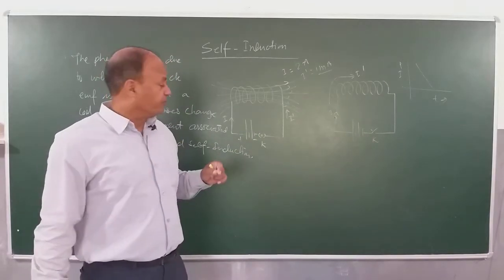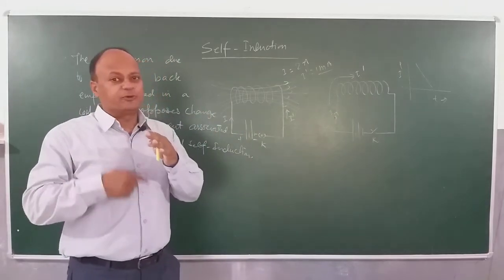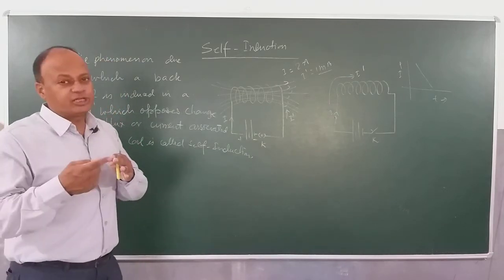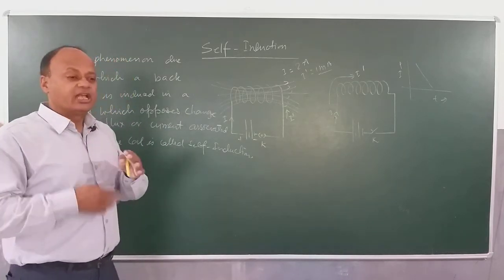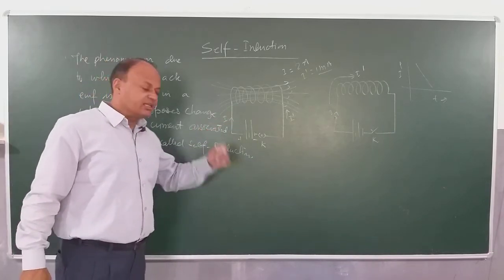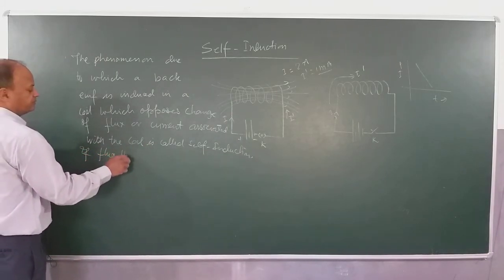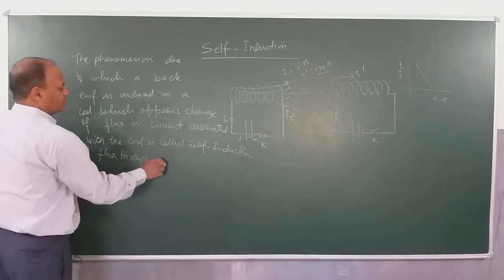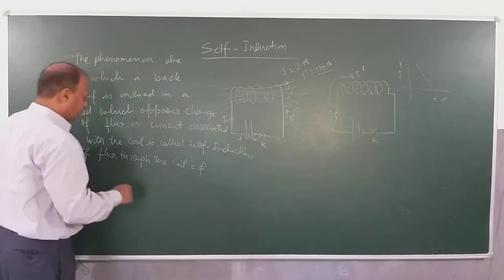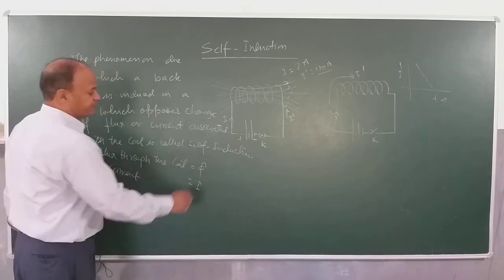So now, on what factor is this induced EMF depending? See children, to begin with, it is actually depending upon the current going through the coil, because current going through the coil is producing a magnetic field and therefore a magnetic flux. When current is changing, then the flux is also changing. When the flux is changing, we are going to have electromagnetic induction. So the whole thing is depending upon current. Okay, so let's say like this: if flux through the coil is phi and current is I. Now these are instantaneous values. Don't think this is fixed.